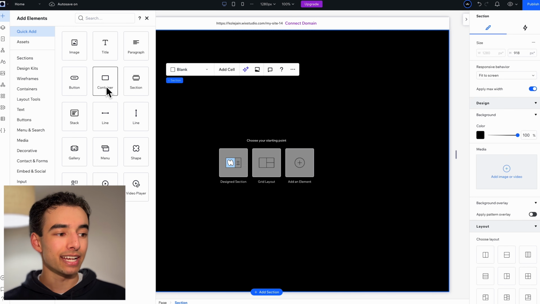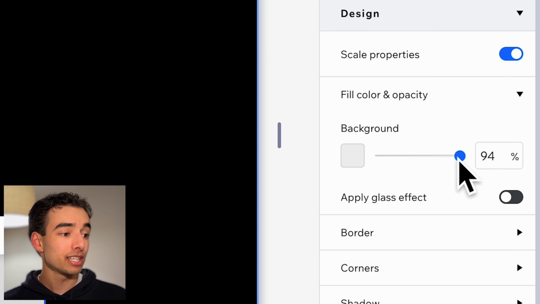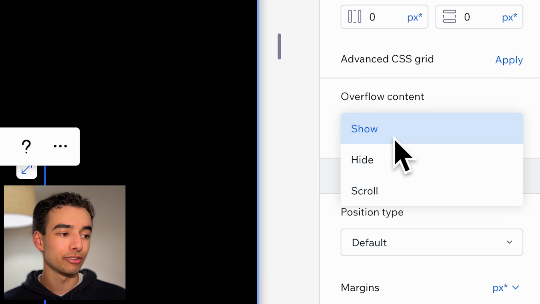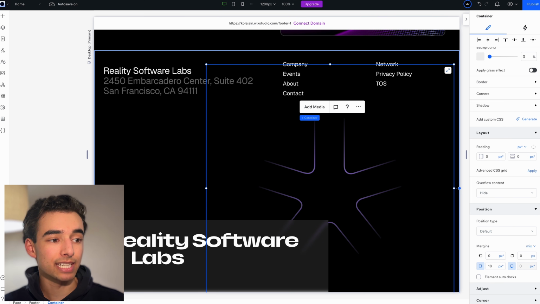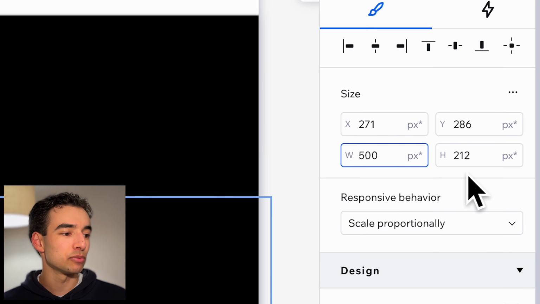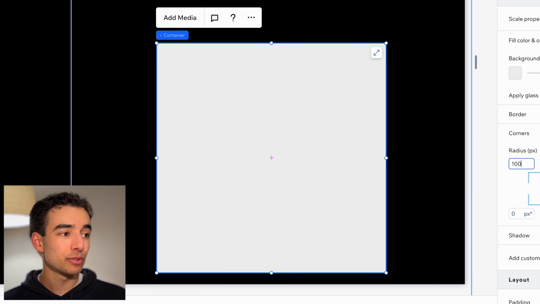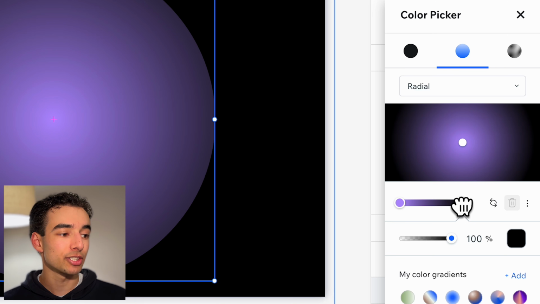pure black. Next, let's add in a container. Make sure it has the same height as it does width, and then importantly, remove the background and set the overflow to hidden. Also, make sure to dock this to the bottom of the container so it stays down there when we resize. Then let's add in another container with a height and width of 500 pixels. Round those corners completely, and then in the background, let's grab a radial gradient which transitions from purple all the